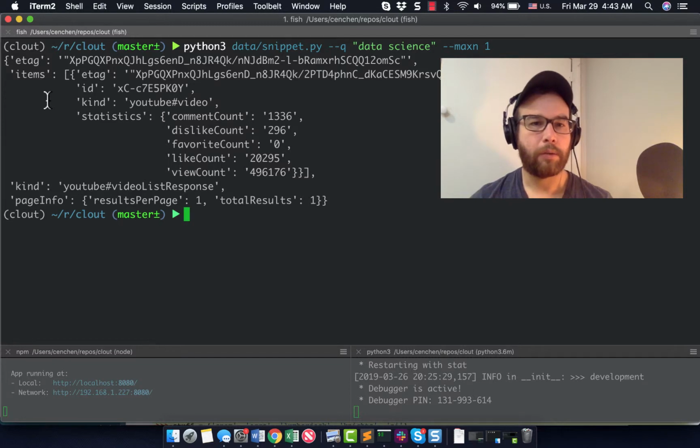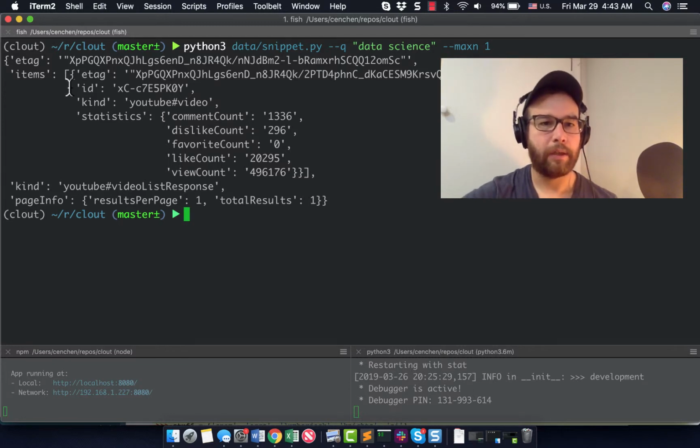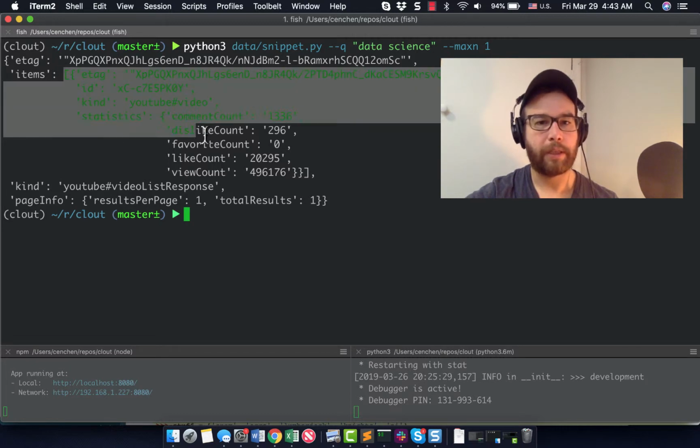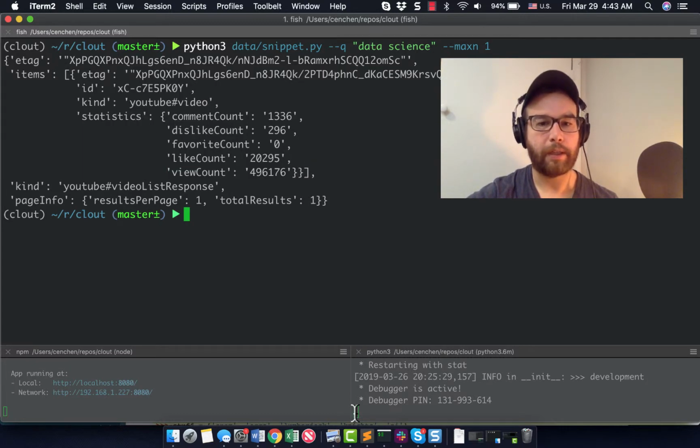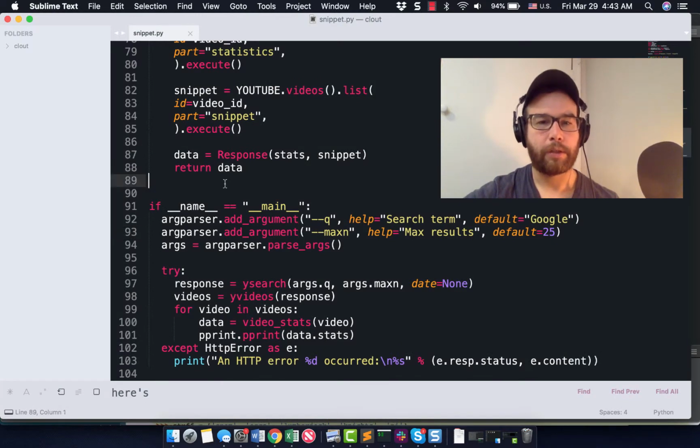We also likely want this ID. I'm not sure we need any of this other metadata. So what we can do, it looks like this is always going to be a list, and we want the first thing in the list. What we're going to do is start building